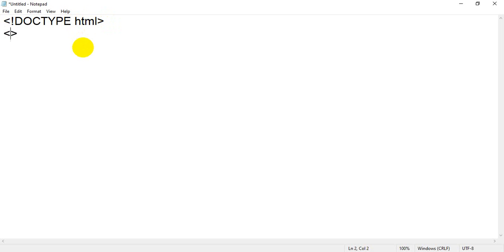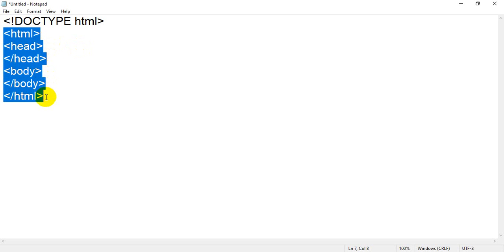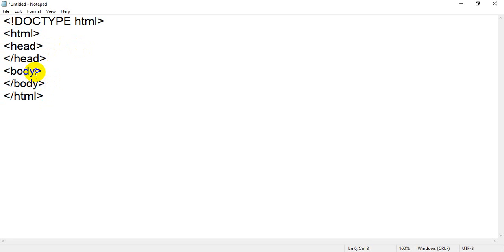After that we have to write the HTML opening and HTML closing tags. Then inside that you have to add some other important tags. On top you have the head tag and closing head tag. After that you have one of the most important tags of an HTML page, the body tag, because what you write inside it will display in your browser. So you have added the basic HTML tags required to create any page. Okay, now you have a choice. Let me add an attribute to the body tag, bgcolor equal to, I am going to assign orange, my favorite.